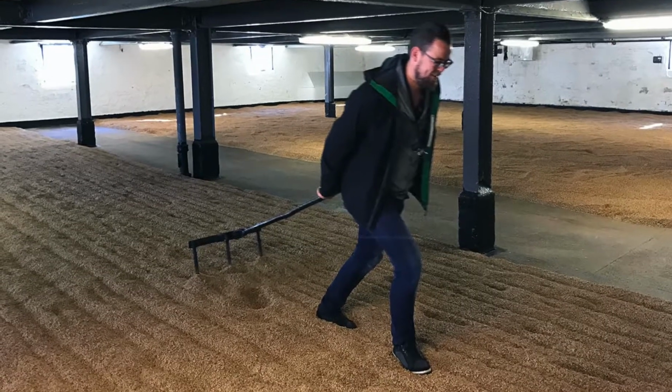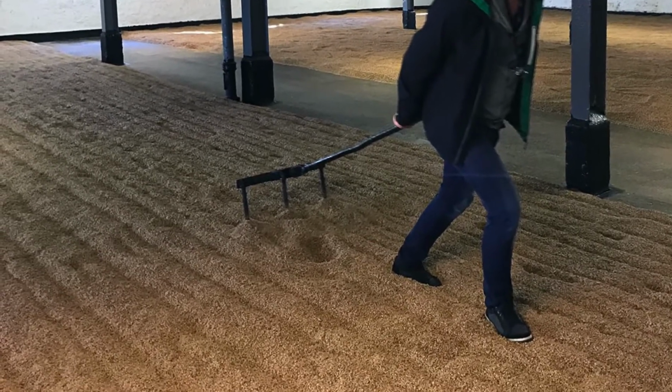Interestingly, Bowmore still actually does their own floor malting. So when they steep the barley in water in order to get it to start germinating, they still do that by hand, with floor maltings on site, which only a handful of distilleries are still doing. So quite a cool thing. I think if you visit this distillery, it's quite a fun thing to go and